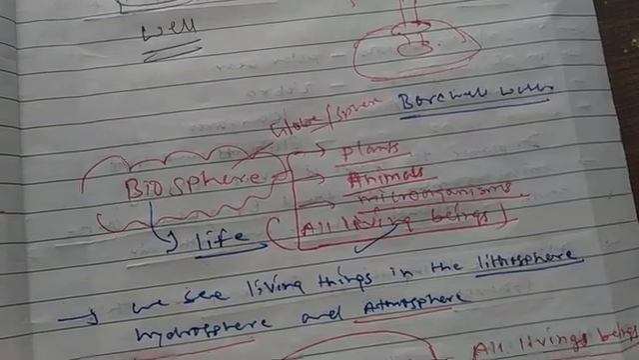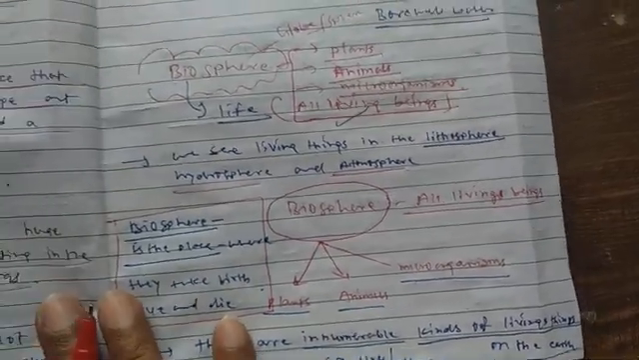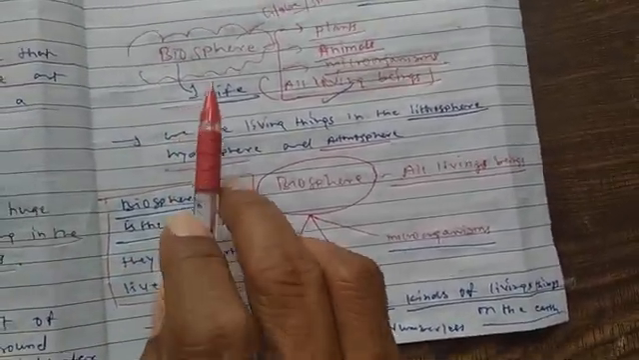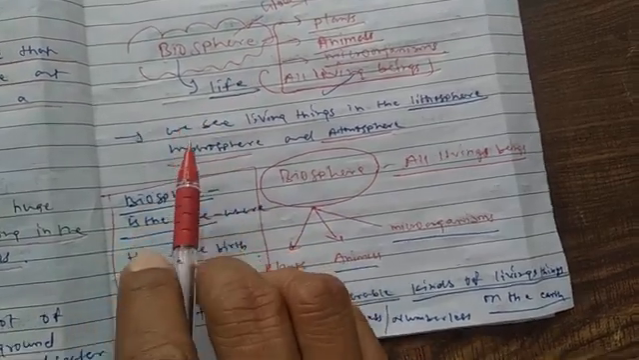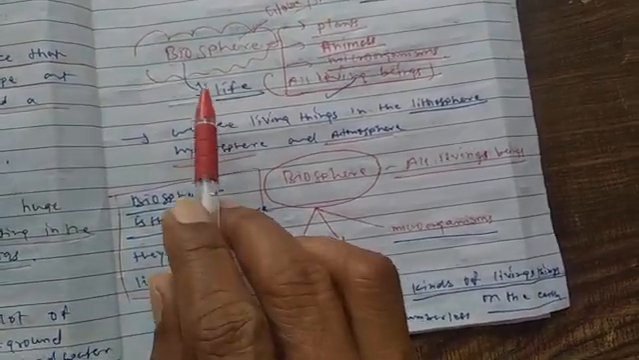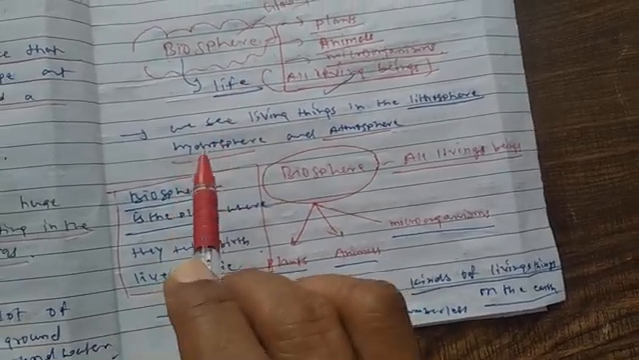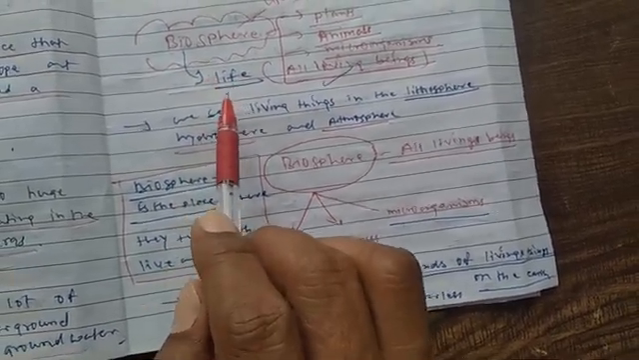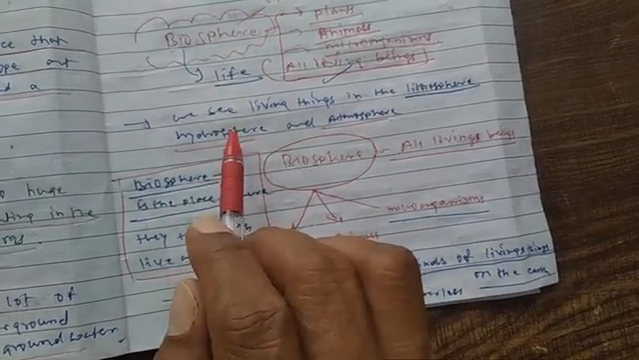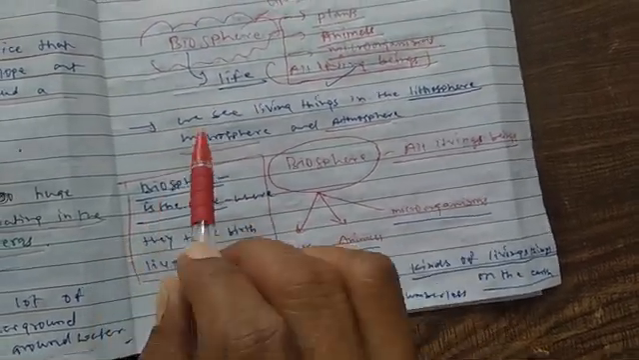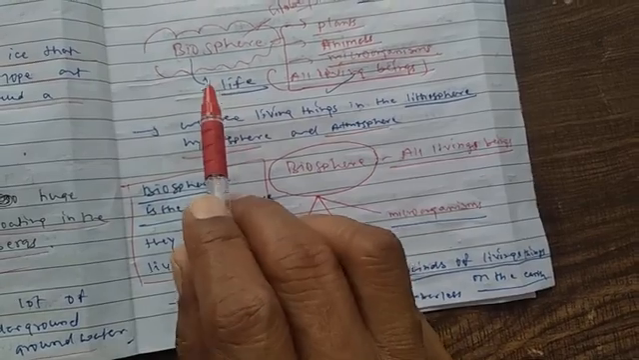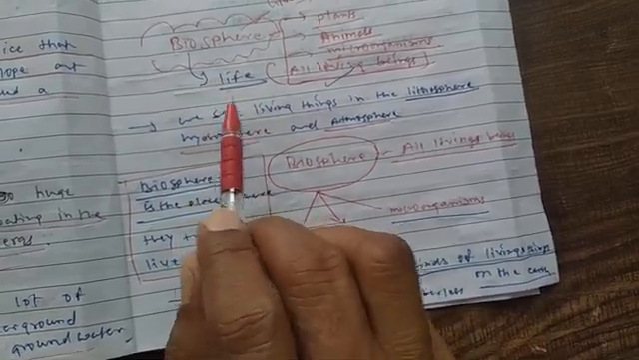Now we come to the next point. What is the biosphere? Bio means life. Sphere means earth, globe. In the biosphere, bio means life, and it is on the earth where we find life. Generally we find life everywhere on the earth. We find life in the atmosphere, we find life in the hydrosphere,